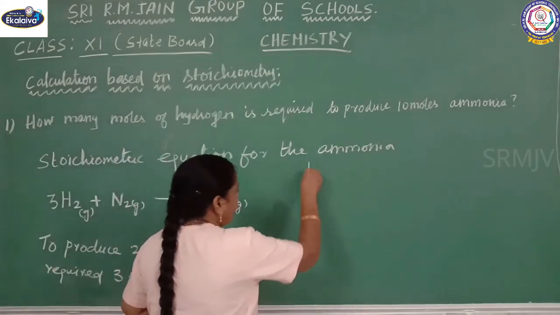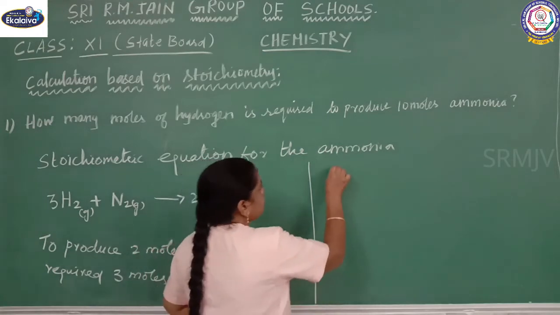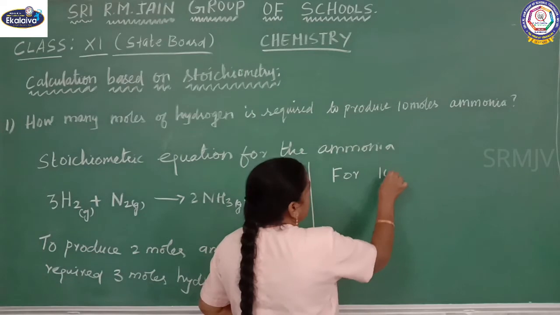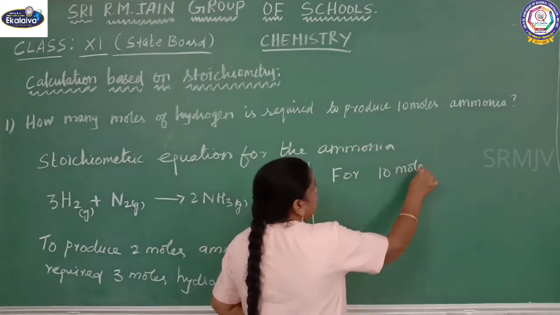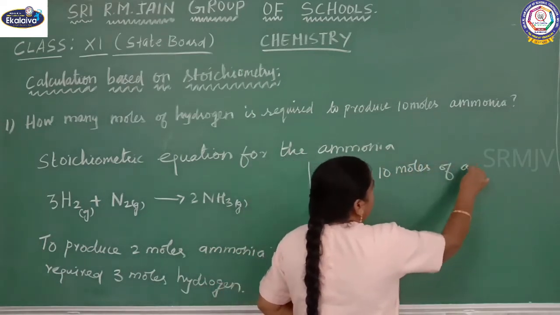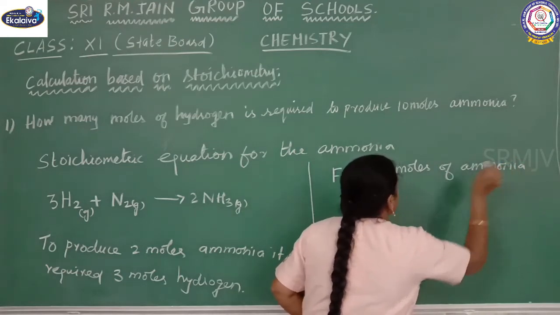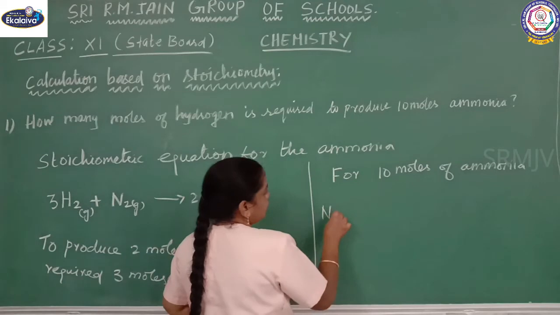So now for 10 moles of ammonia, the number of moles